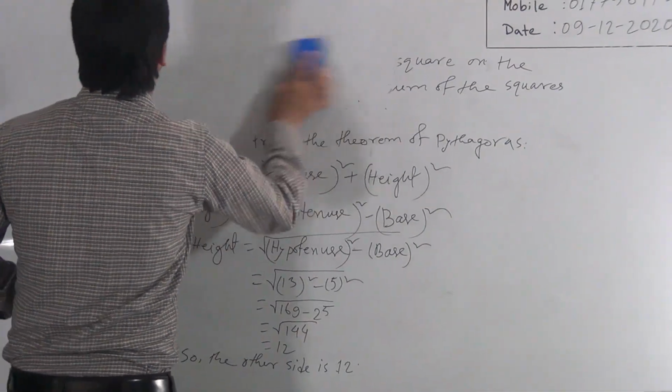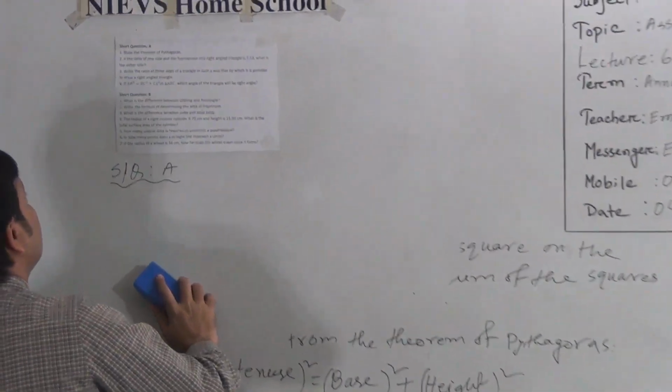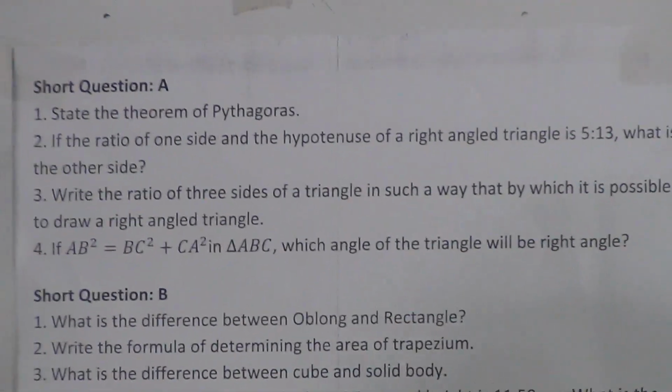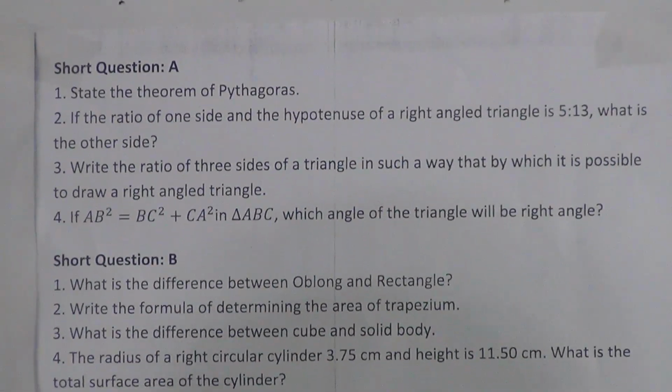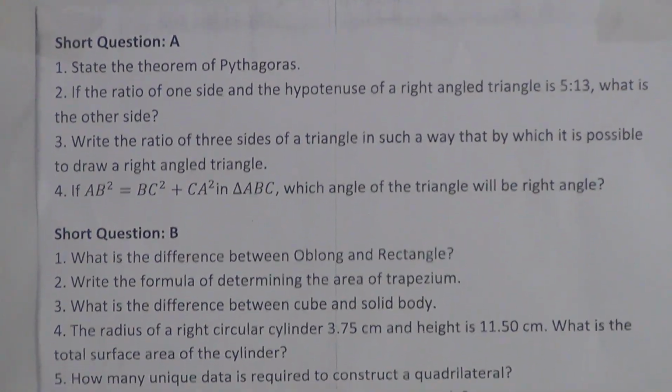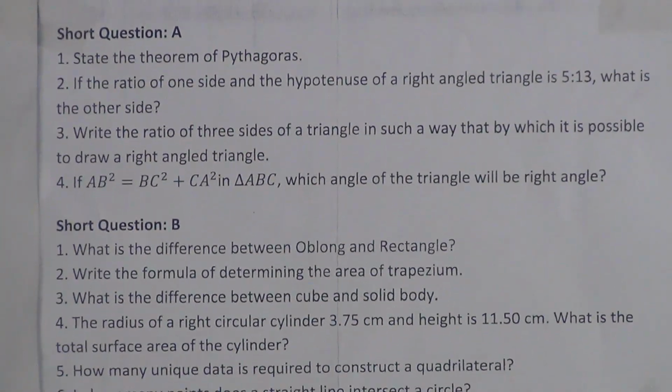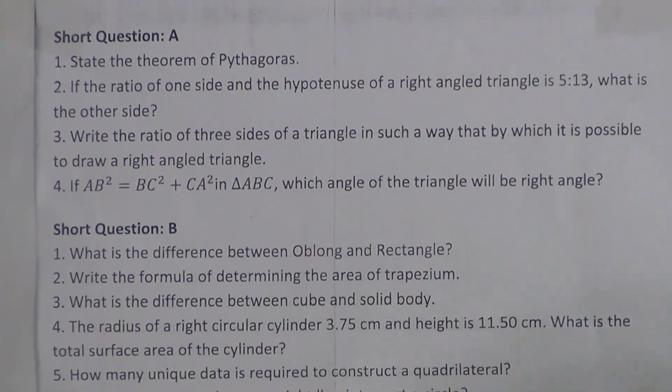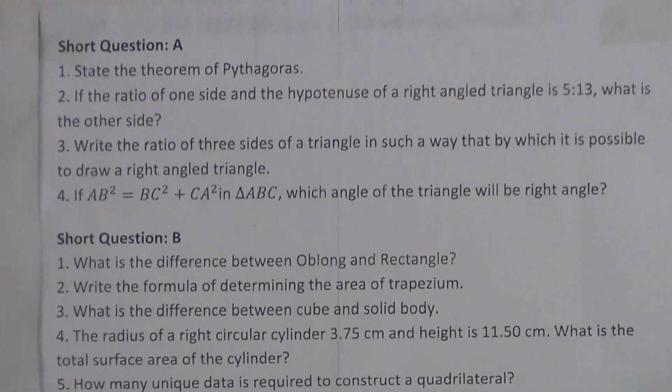What is the third question? Third question is, write the ratio of three sides of a triangle in such a way that by which it is possible to draw a right angle triangle. It means that we need the ratio of three sides of a right angled triangle. Dear students,